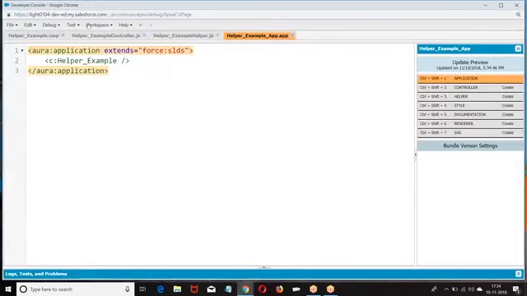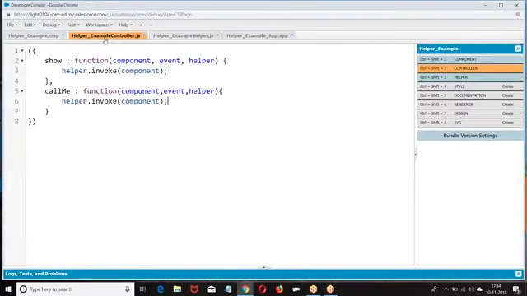Did you get my point? If there is any repetitive code available, then instead of writing the code again and again, we are just putting the code in helper and using it.